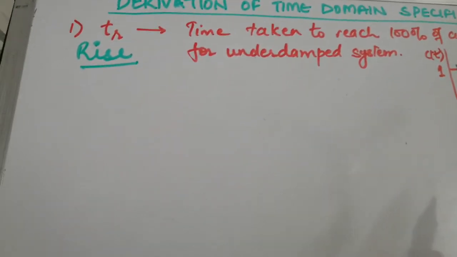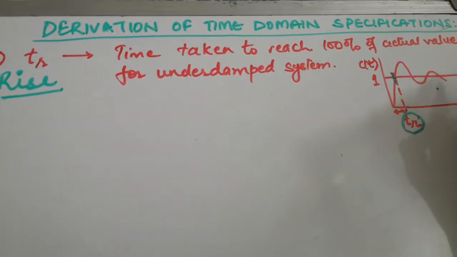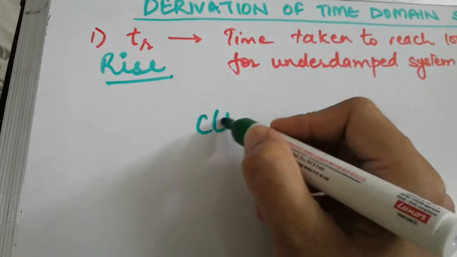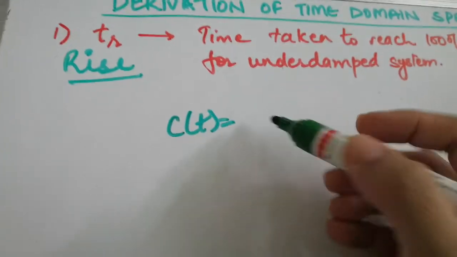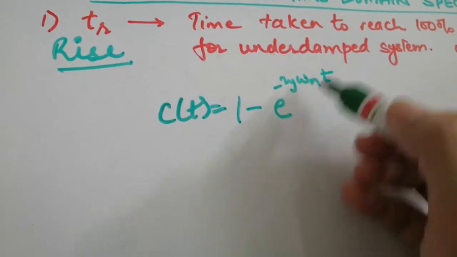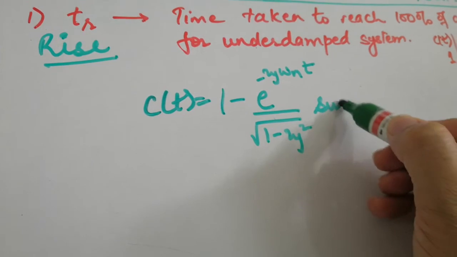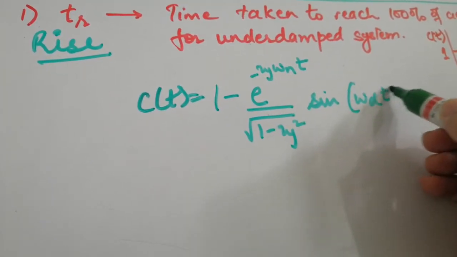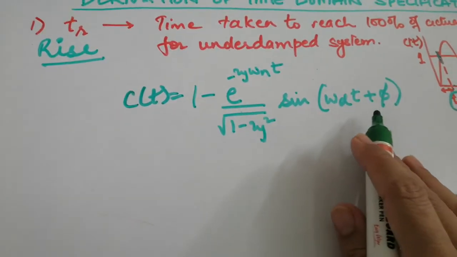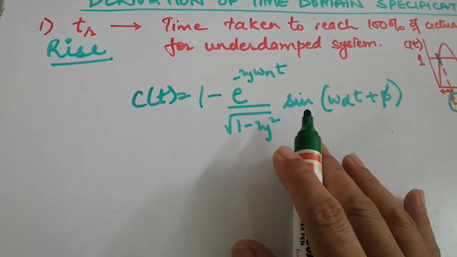So from where we are going to start this? As I already told you, this curve always describes our second order system. So firstly we should write the equation of our second order system that we did in our last lecture. That was 1 minus e raised to the power of minus zeta omega n t divided by under root of 1 minus zeta square, sine of (omega d t plus phi). I told you all to remember it like this only. That is why we made it in a simplified form, so that it is very easy to remember.